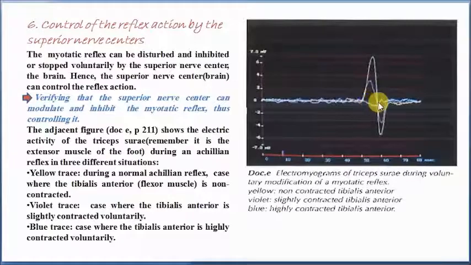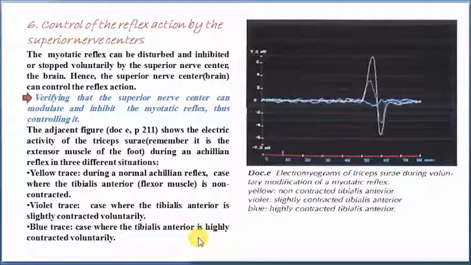So in the case where the TA is highly contracted, the TS is showing no response at all. This indicates that the amplitude of response of the TS diminishes, or is reduced, with the elevation of tension in the contracted TA muscle. That is, the more contraction of the TA muscle, the less the electric activity of the extensor muscle, which is the triceps surae. And as we know that the contraction of the TA in the following two cases is done